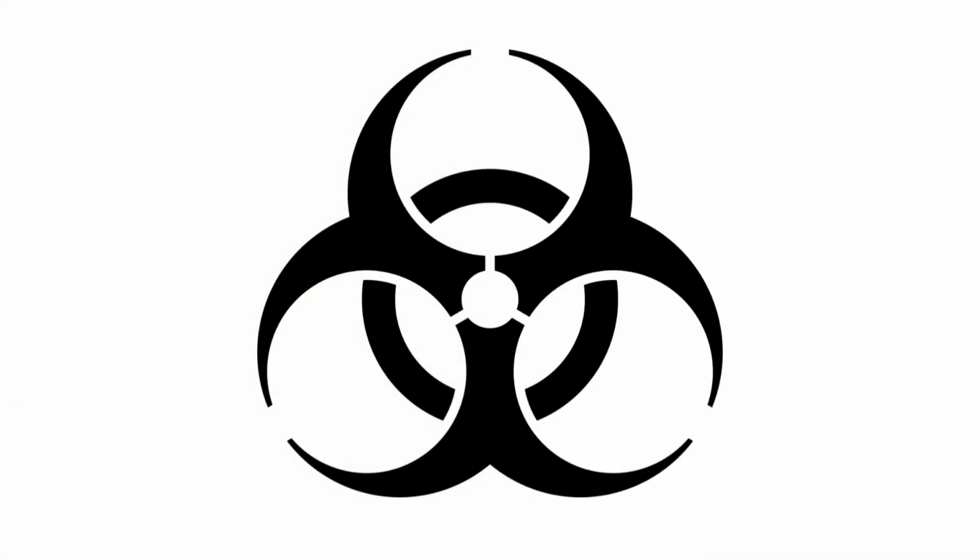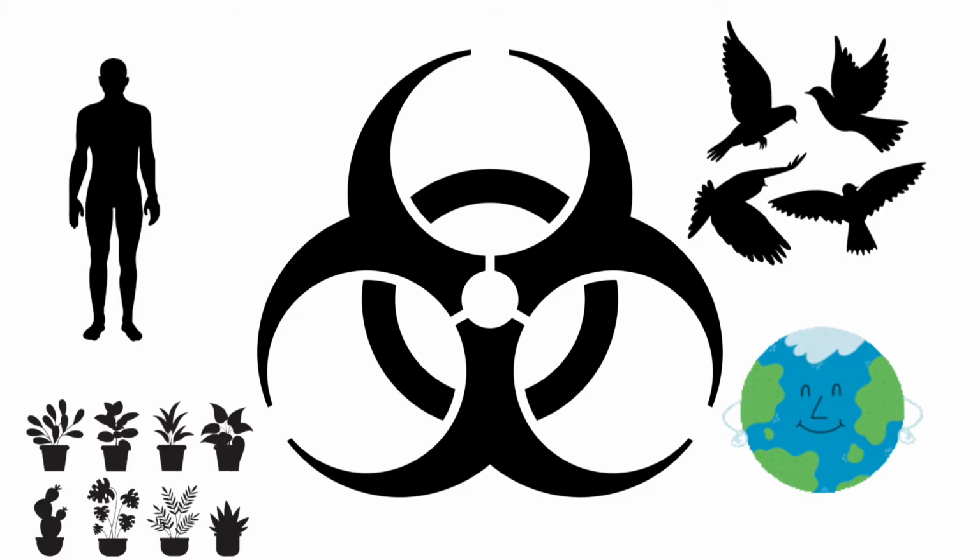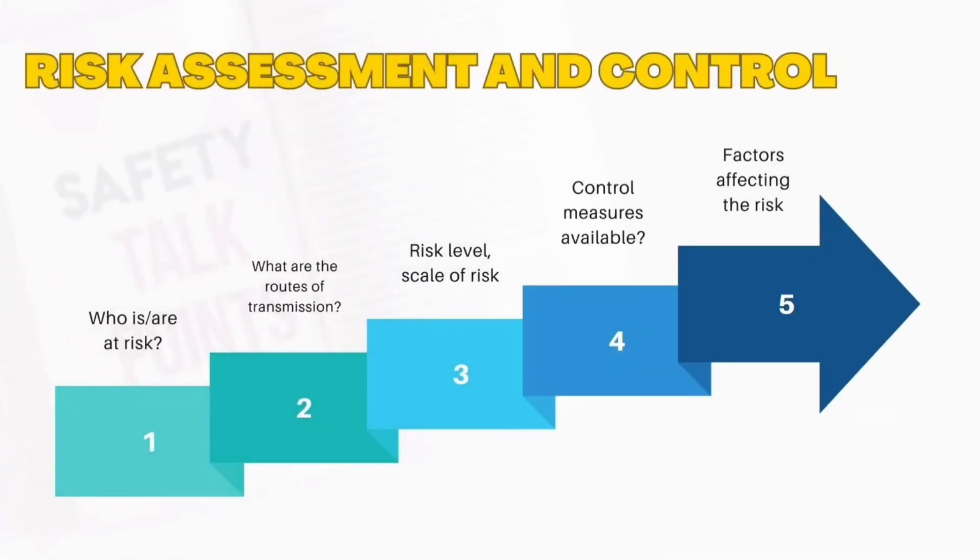Biological agents are classified according to the risks to human health, animals, plants, and the environment. To manage health and safety risks effectively, organizations and workers need to fully understand them. Having a clear understanding of the biological hazards and how these affect individuals is crucial. The exact nature of the work and the biological agents and hazards which will be used, or to which people or the environment could be exposed in the work, should be described. There may be intentional or unintentional exposure to bacteria, viruses, fungi, parasites, or infectious materials in the work. Because these hazards cannot be seen with the naked eye, it can be very difficult to identify biological hazards in the workplace.